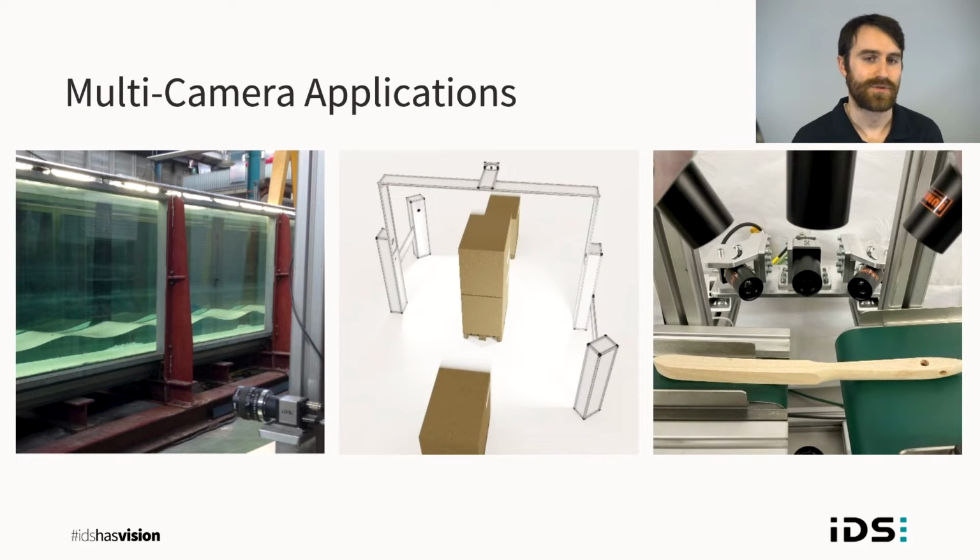And the last example on the right, we have a 6-camera system that is doing some quality assurance. It's looking at wooden brush handles and trying to find flaws like dark spots or cracks or missing chips. And without multiple cameras, it wouldn't be able to see the 2 different perspectives that you can see from there, but also it wouldn't be able to do some depth measurement using stereo vision or stereoscopy.